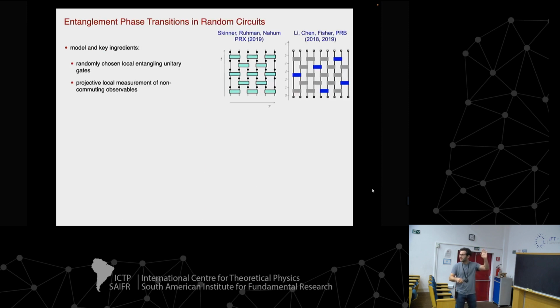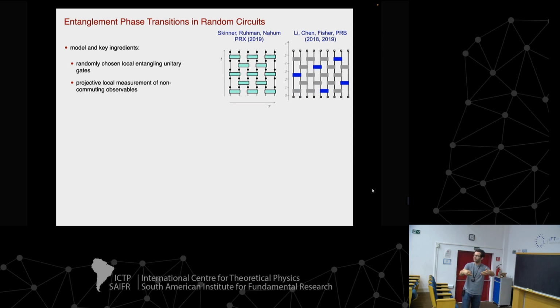And I mean, disclaimer, we are by far not the first ones to ask these questions. So these two works here were really laying the ground for these investigations. And the setup you've basically already been introduced to in the lecture by Saro. So at least the unitary part of it: what these people study is essentially one-dimensional spin systems, and how they evolve in time.